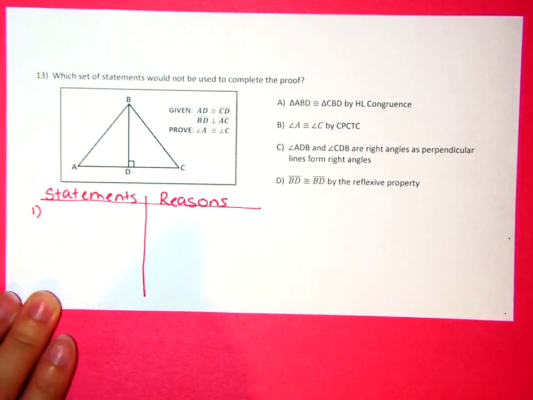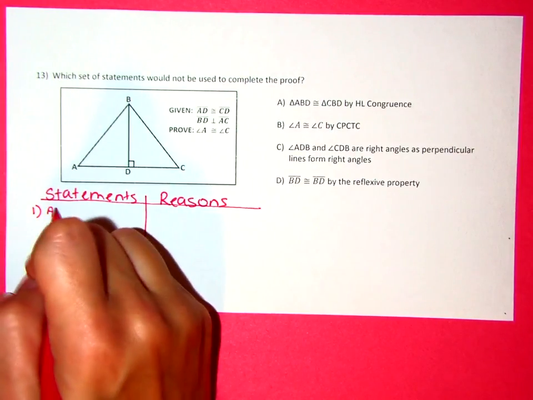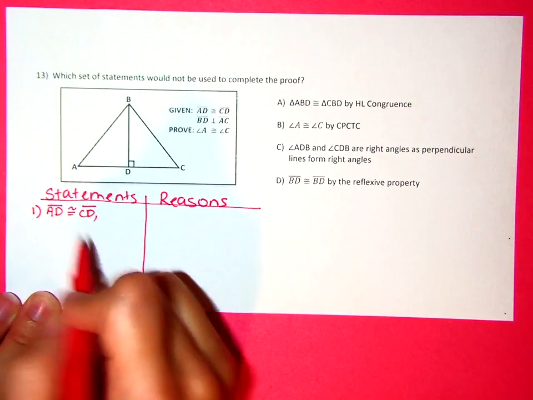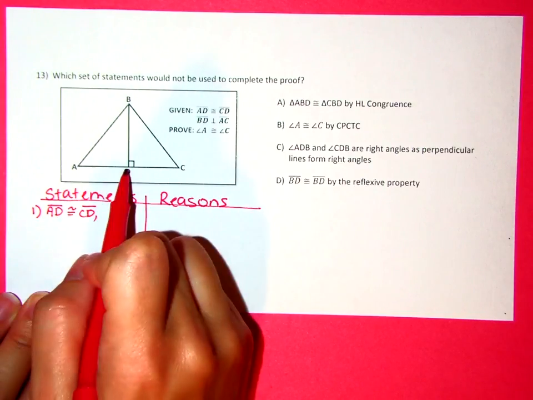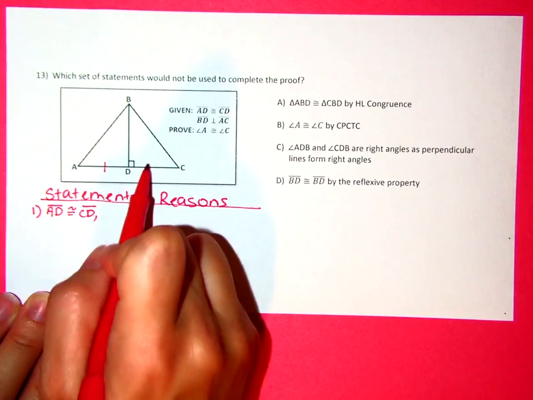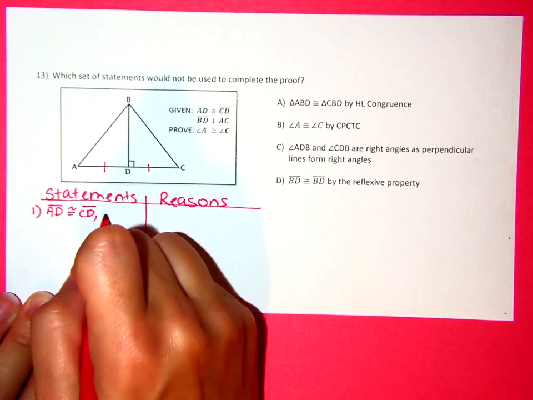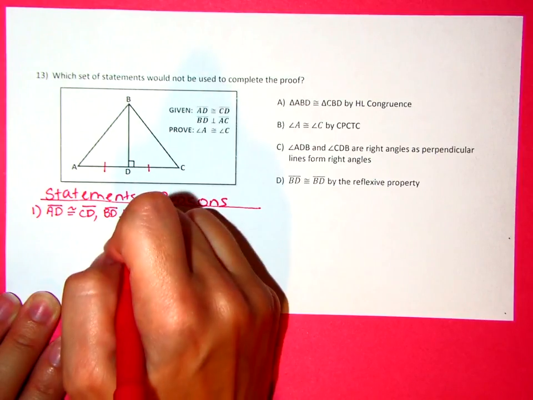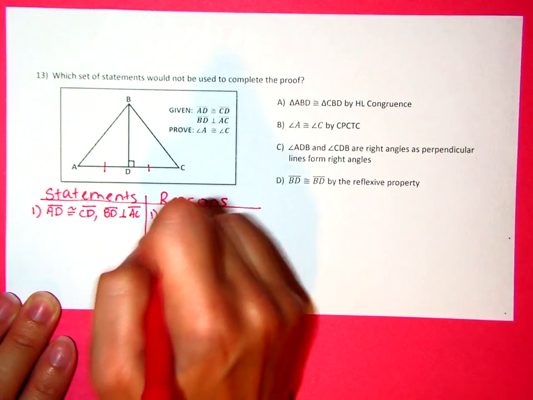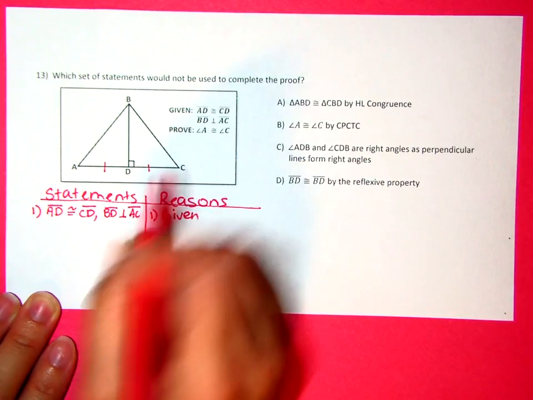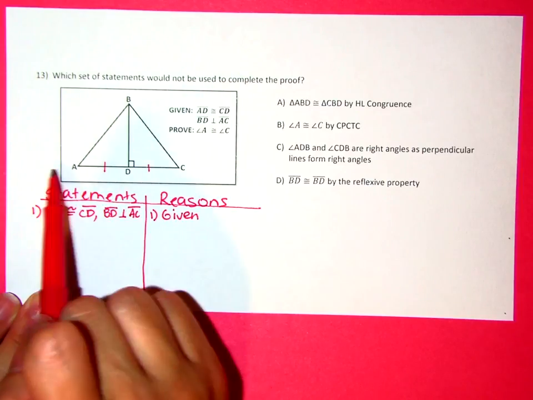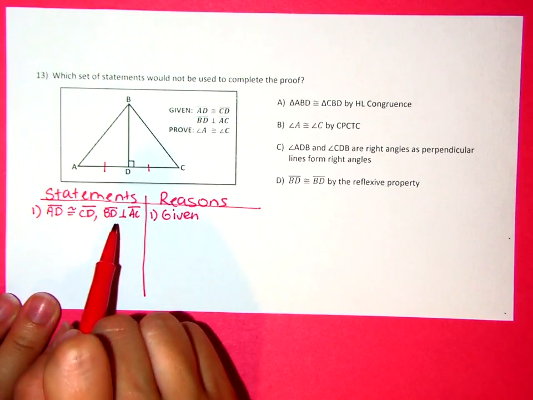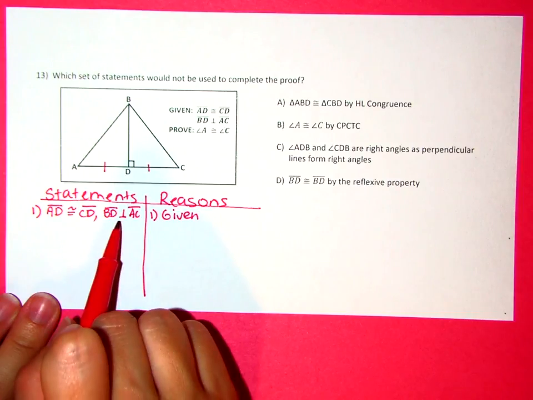Alright, so number 1, we've been given that segment AD is congruent to segment CD. So AD is congruent to segment CD. And we've also been told that segment BD is perpendicular to segment AC. That's all given. Now they've marked that for me, that BD is perpendicular to AC. Well, what that results in, if we've got those perpendicular lines